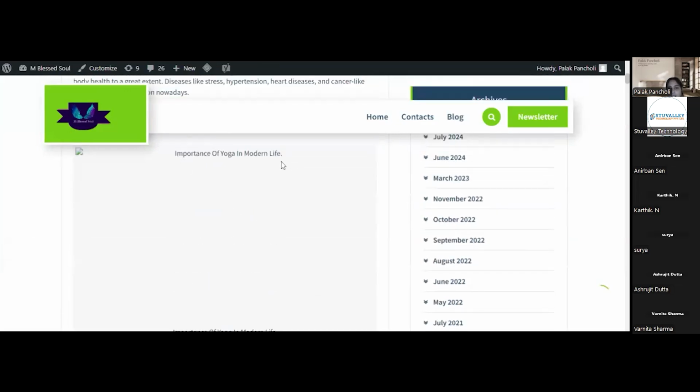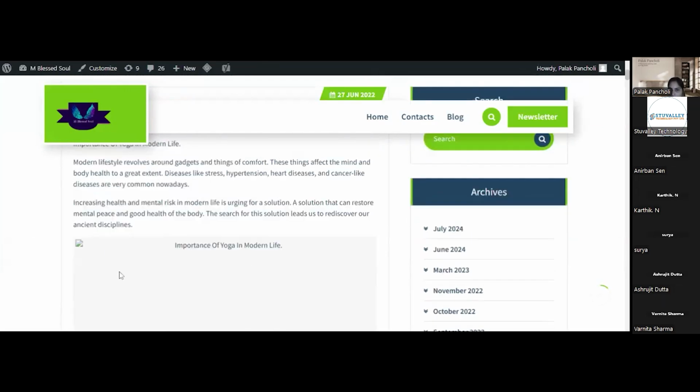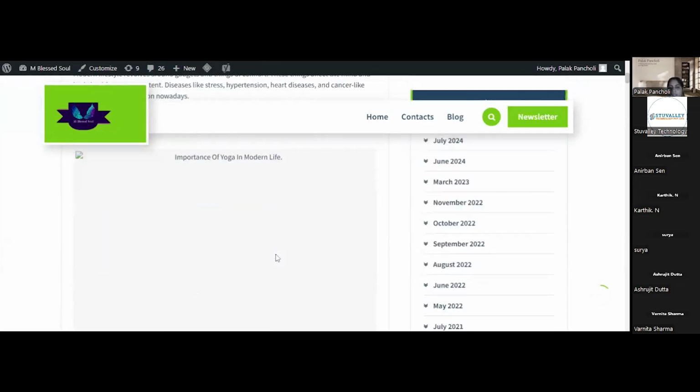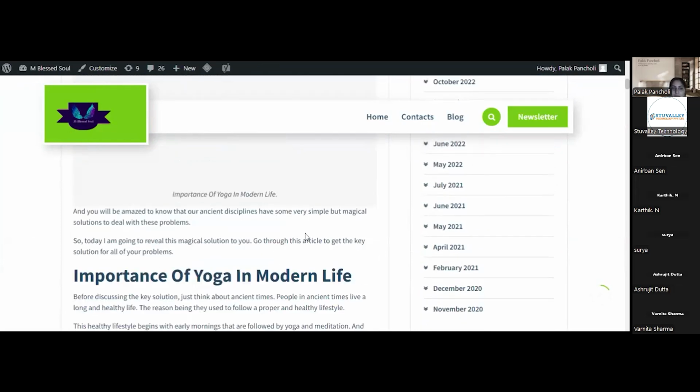But the alternative text that I have written here is still visible. Importance of yoga in modern life, okay. So this is how it serves. So this is an example of how alternative text works for you, right?